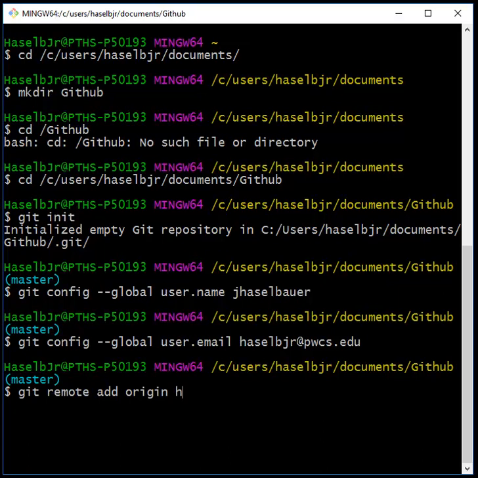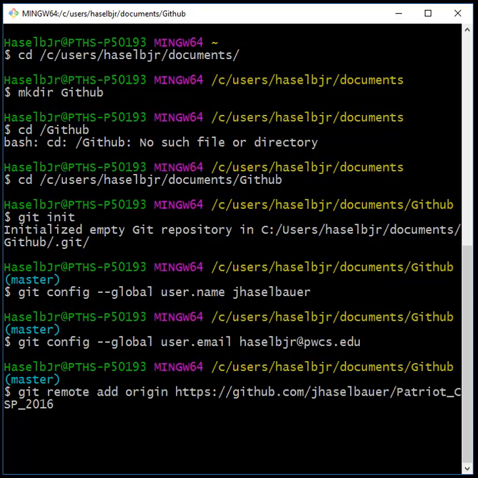So in this case, it's going to be HTTPS github.com, my username, and the repository that I cloned from